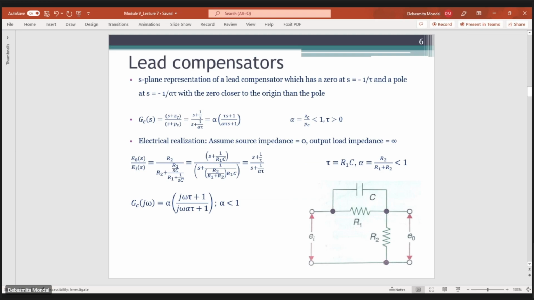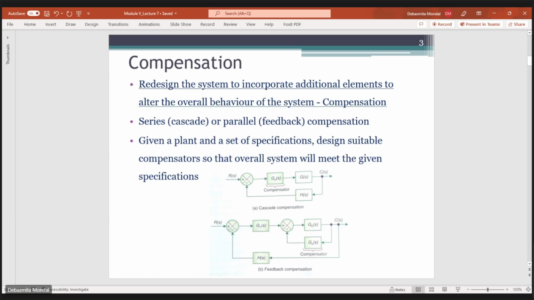So we are adding these poles and zeros to the open loop transfer function. Obviously, if you draw the root locus, it will change, or if you draw the frequency response analysis like the Bode plot or the polar plot, everything will change depending on where you place the poles and zeros of this compensator. Depending on how the compensator adds poles and zeros to your system, the performance of the system will change, and we will try to make the performance as per the given criteria.